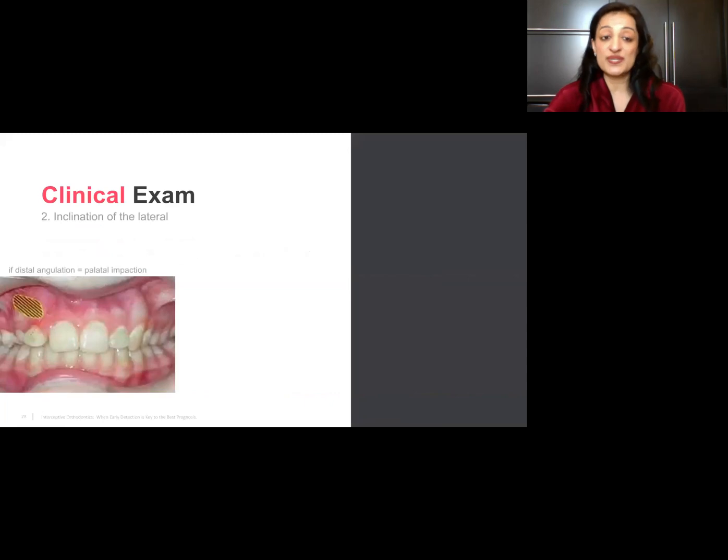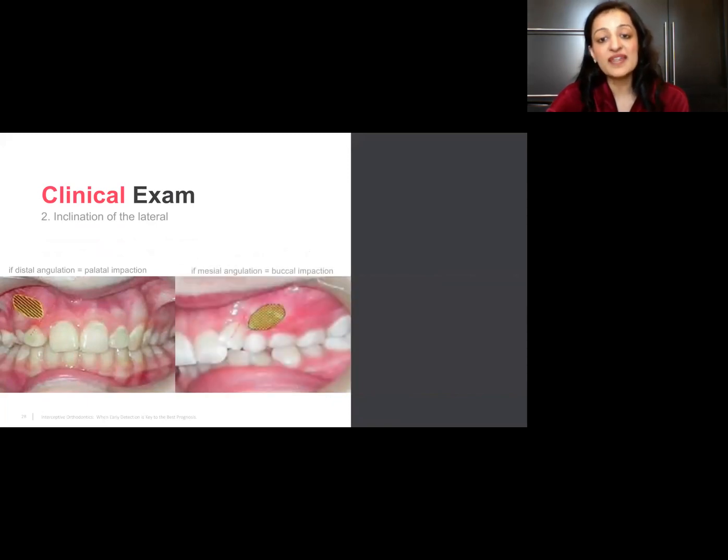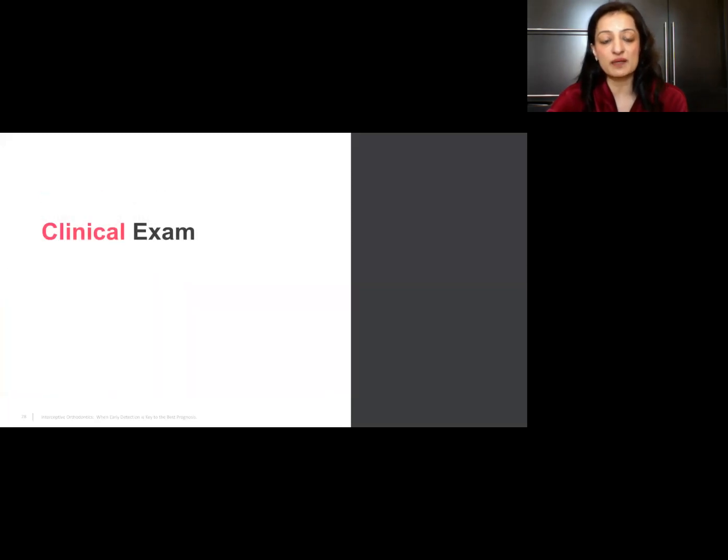Inclination of the lateral. This is very interesting. You see in this picture, the 1-2, the upper right lateral, has a significant distal incline. That is often, not always, but often an indicator of a palatal impaction of the canine. The opposite, when you have a mesial angulation, is often an indicator of a buccal impaction. So again, just take an x-ray, making sure, okay, no, canine looks okay. That's just a crowded tooth, no biggie. But if we're seeing the canine is off as well, we know it's likely a good way of determining whether it's palatal or